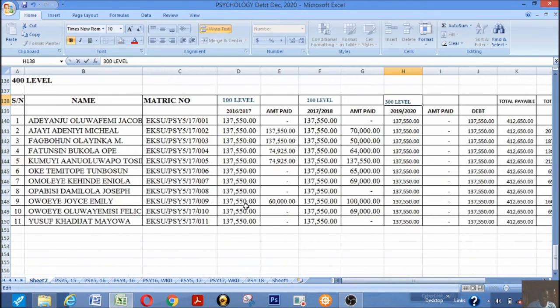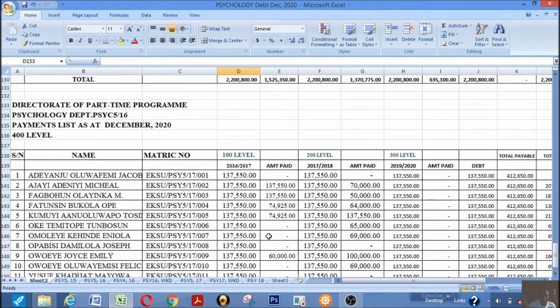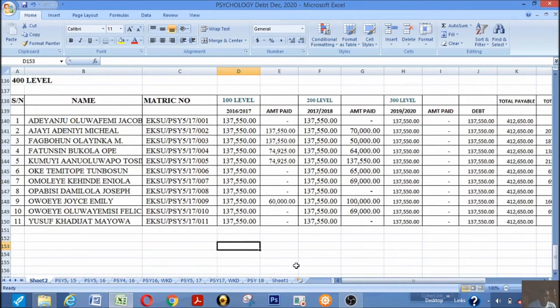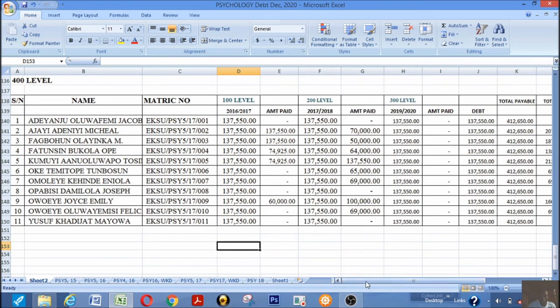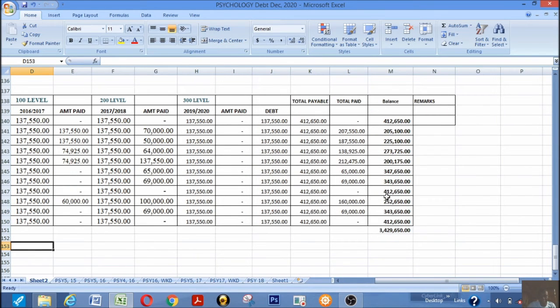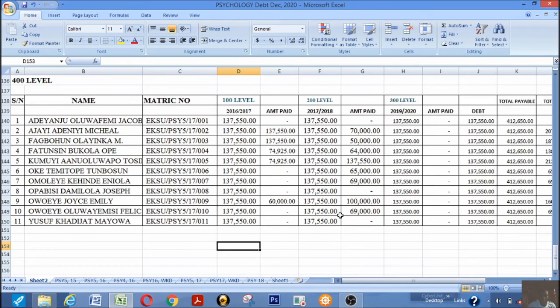So this video and this presentation will help you to generate the debtor list or to generate data for students, to know the level of their payment at a glance and the level of their debt and outstanding at a particular period of time.